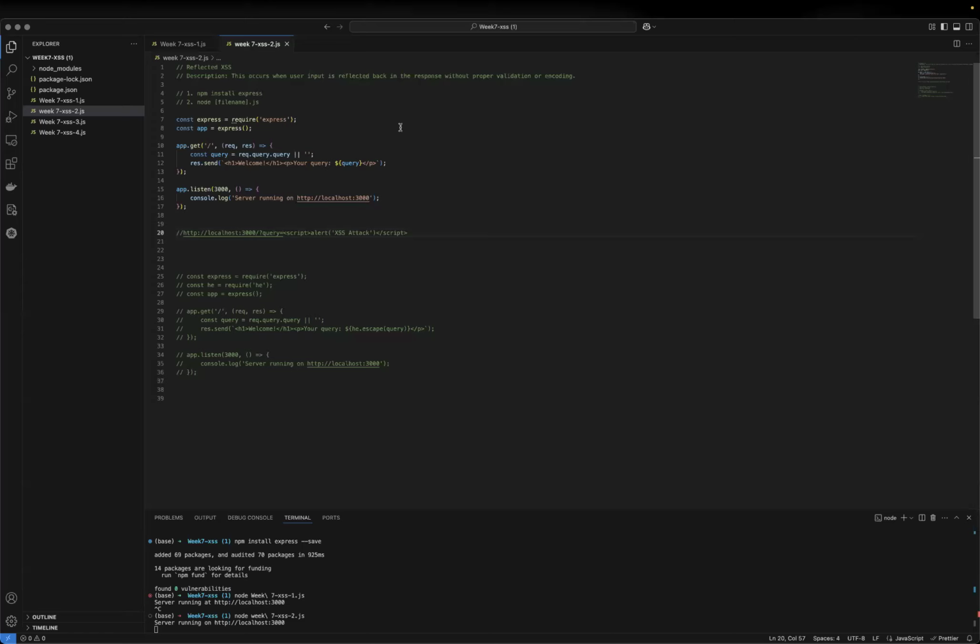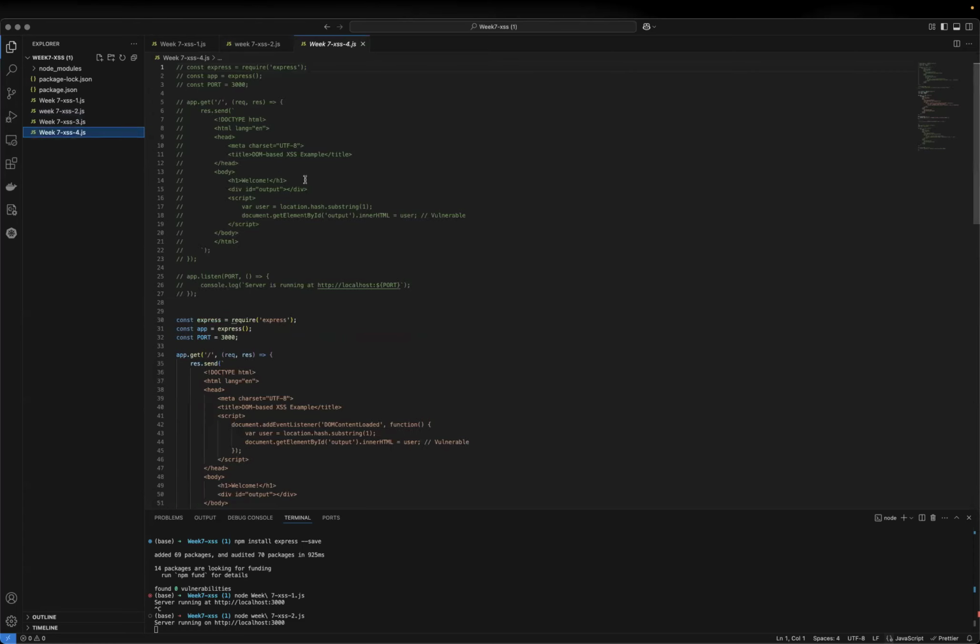This one is called reflected. After we post the query, it shows the result, so that's why you call it reflected XSS. It returns the input directly in the response. Of course, we can have some method with the same idea, maybe change to plain text. And then one more,